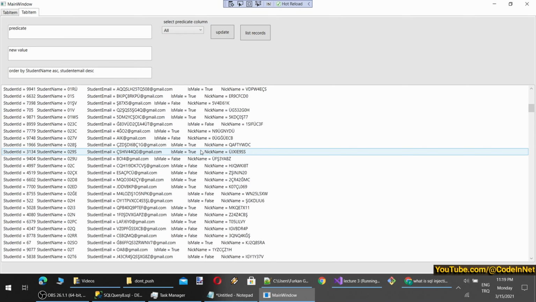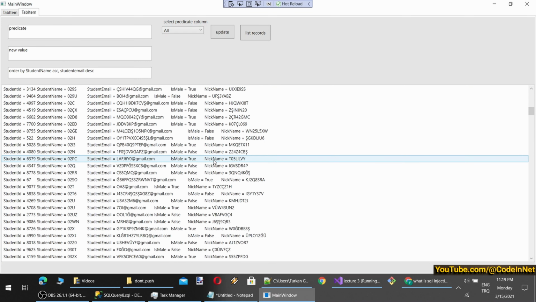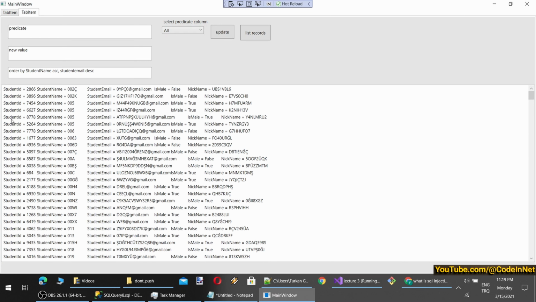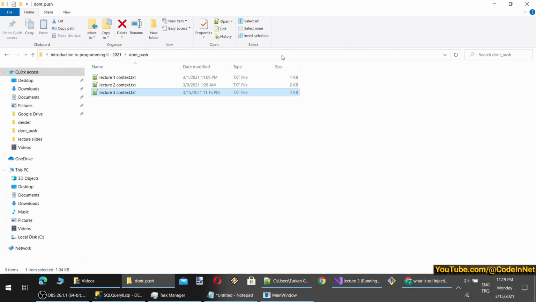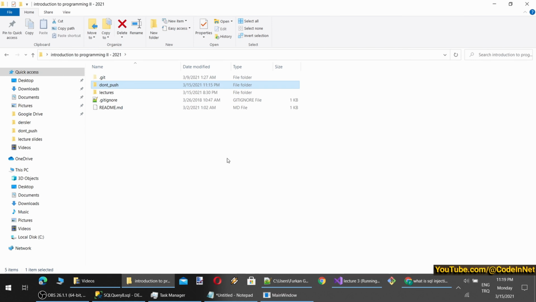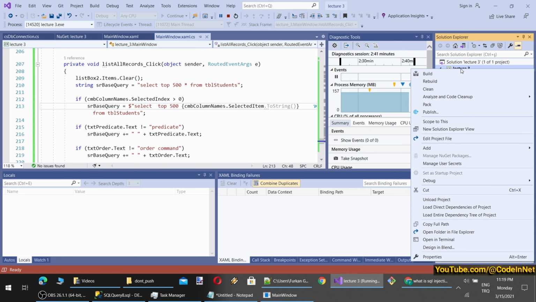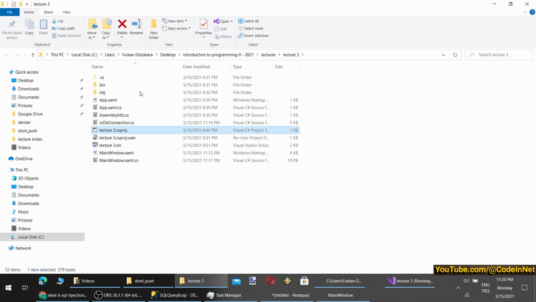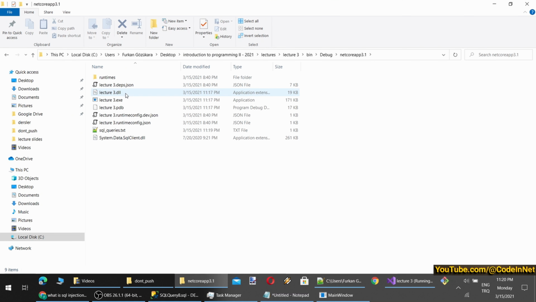Why? Because currently we have no index, therefore the query is taking a lot of time to execute. How can we know how much time it's taking, or whether it suggests any index or not? We have saved queries in our text file. I am opening it from the project's open folder, bin, debug, .NET Core.